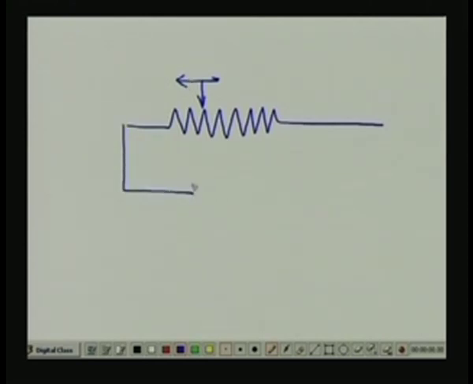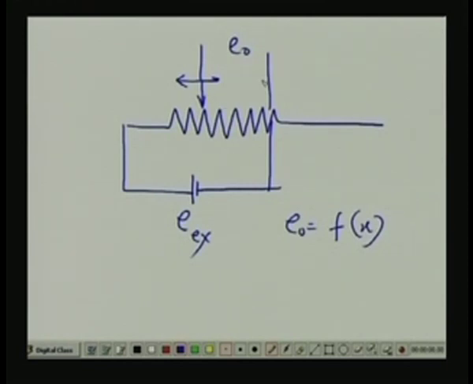I will give some excitation voltage, suppose, and I am measuring the voltage on this one, E naught. Suppose this is the excitation, then what will happen? This output voltage will be a function of this displacement, is it not? Suppose this is x. So this simple potentiometer can also be used as a displacement sensor. However, the difference between the potentiometer and the LVDT, number one, is